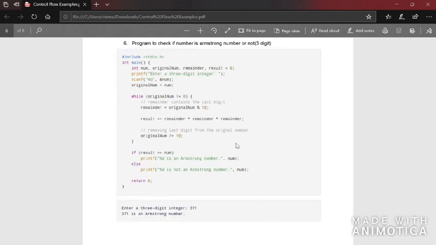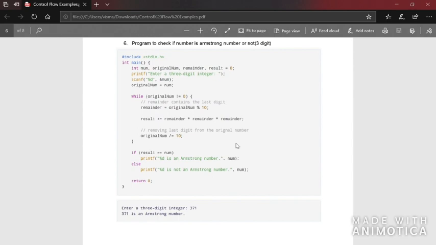Now let's see a program to check if a particular number is an Armstrong number or not. We're checking this only for three-digit numbers. Since the program is for 3-digit numbers, I'll take an example of a 3-digit number. Take the example of 300. A number is said to be an Armstrong number if 3 cube plus 0 cube plus 0 cube is equal to the number itself, which is 300. So 300 is not an Armstrong number because 3 cube plus 0 cube plus 0 cube gives you 27, and 27 is not equal to 300. Therefore, 300 is not an Armstrong number.